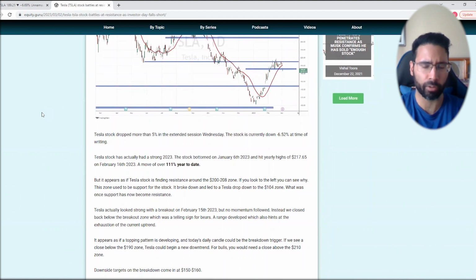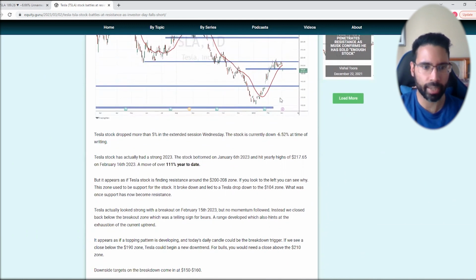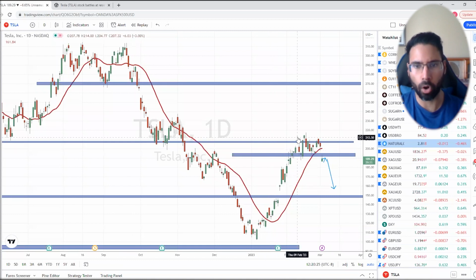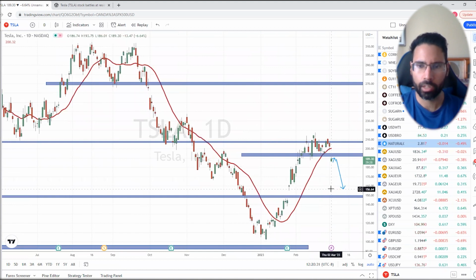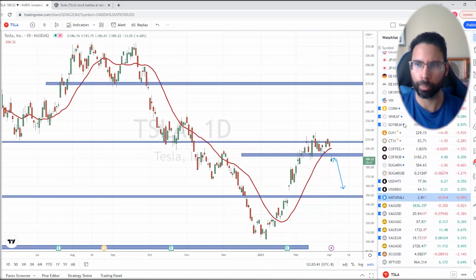It dropped actually more than 5% post-market on Wednesday. And at the time of recording here, the stock is down around 6.7% as we are trading here on March the 2nd. But as I said, on the technicals, it does appear there is going to be a breakdown here. No momentum on that breakout. And just from a technical approach, a lot of things here point to a bit more lows in Tesla. And as I said, from the fundamental context, nothing really much to excite long-term bulls just from that Investor Day